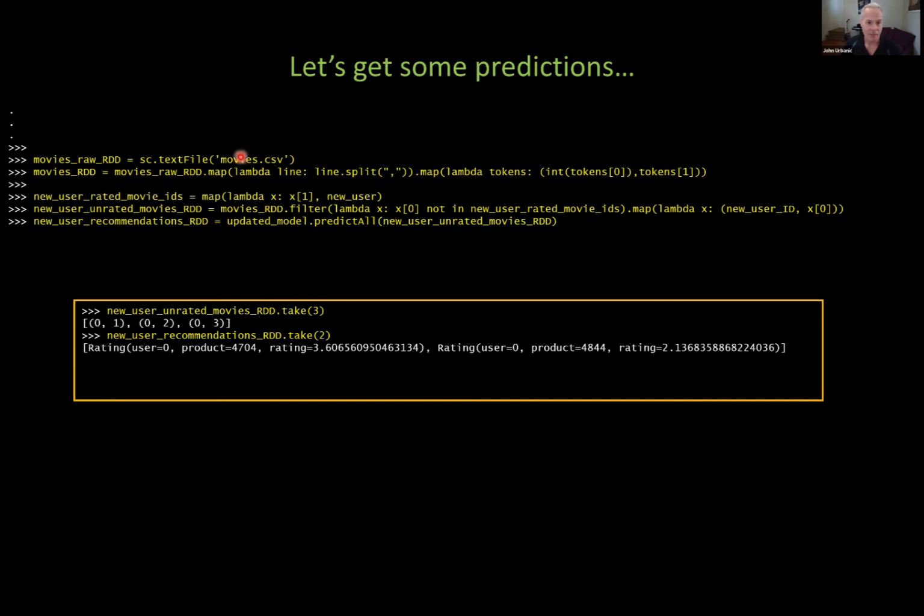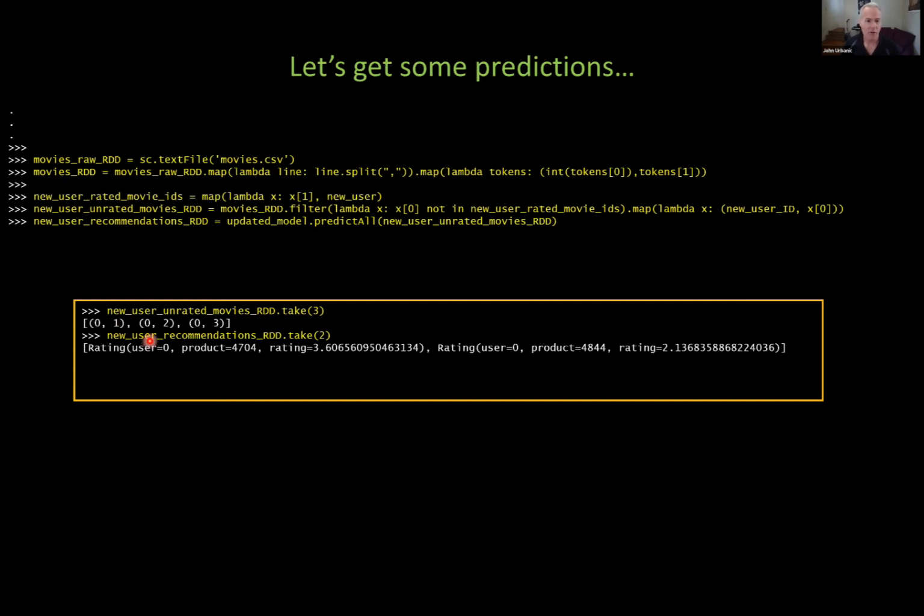So we're going to step through here and read in the movie file now. So far, we haven't used that movie file, which connects each movie up with its title, the number and the actual text string for the movie. So now we're going to read that in and split it up into 2 pieces. We're going to take the integer for the movie number, and we're going to leave the string here for the movie name, so we can again predict real actual movies here.